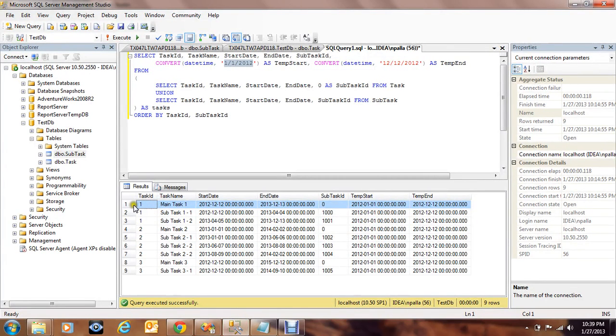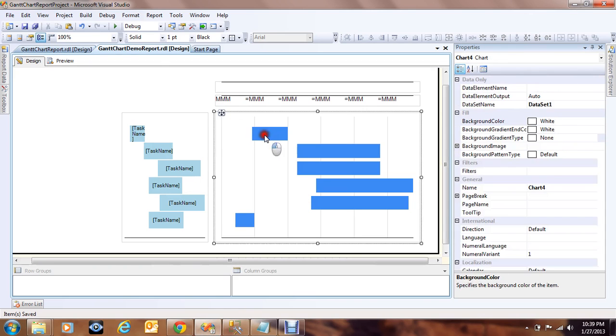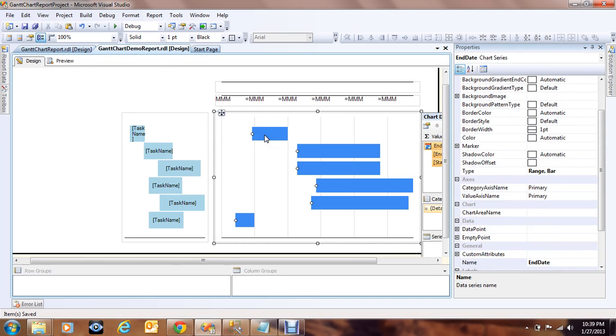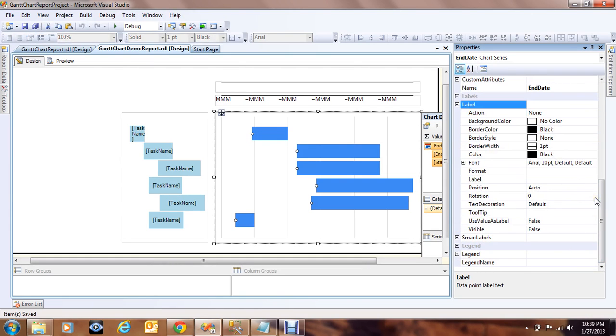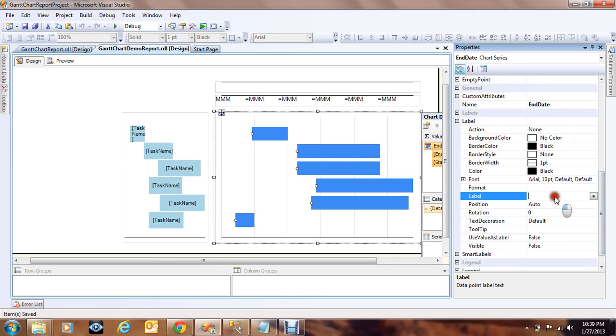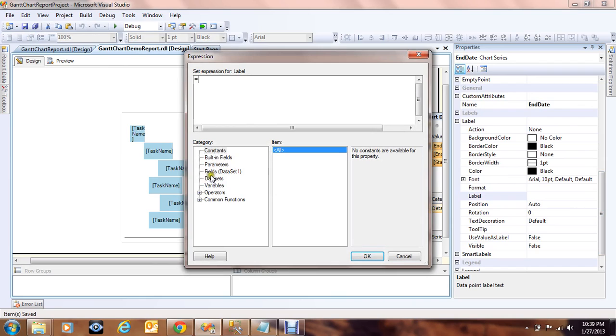So as I told you already, the task id has a subtask id of 0. So based on this assumption, I'll be manipulating the chart. Here, first select the main chart's series, and if you go to the right side, I have something called label. We already discussed this, so instead of giving the task name,